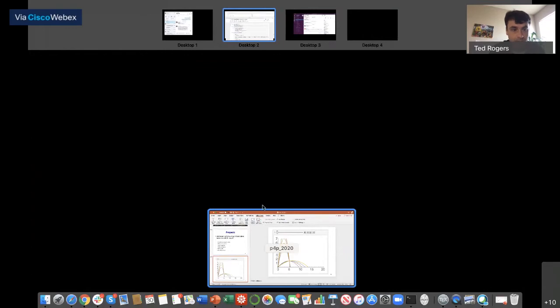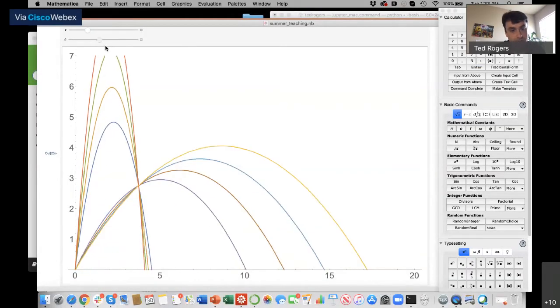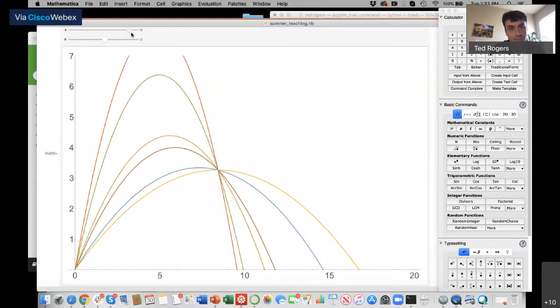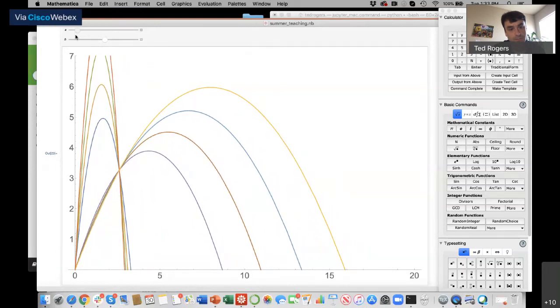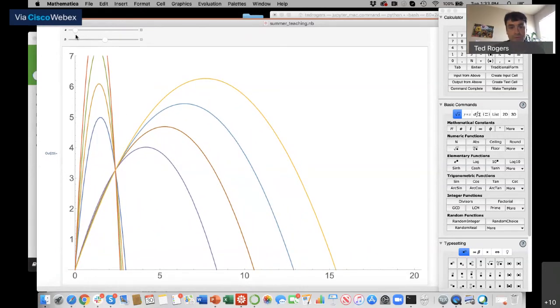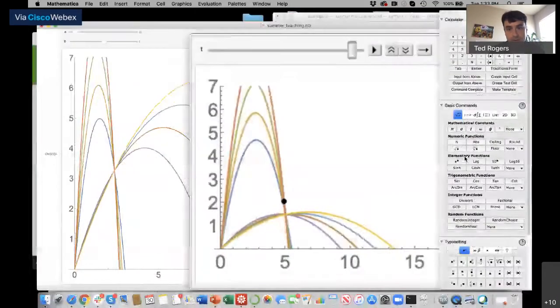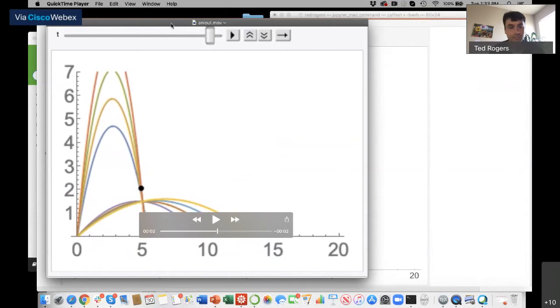And you can see what happens as I change the height of the monster, or change the position of the monster in the horizontal direction, and what the shape of those different trajectories looks like. I can even plot, or make an animation of, how the ball lightning varies in its position depending on time.